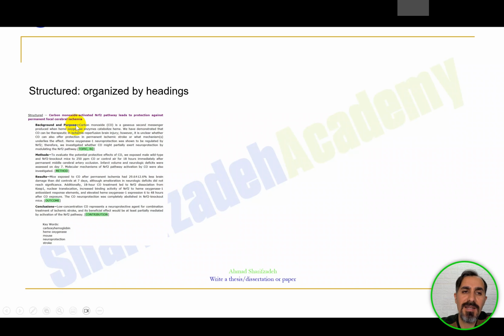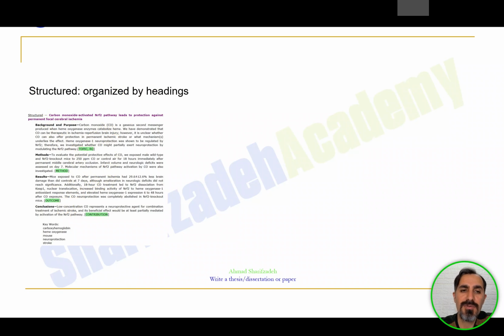And there is a title at first, and then the paragraph starts. Here, for example, we are talking about background and purpose moves, the first two moves together. And then we have a separate, single move here, methods or methodology, and then results, and then conclusion or contribution or whatever it is. It means that you are separating moves into single, separate paragraphs. This is called the structured type of abstract, which is common in some sciences